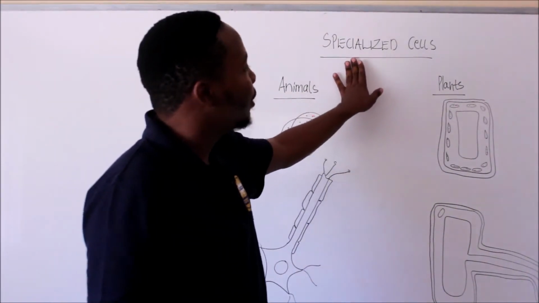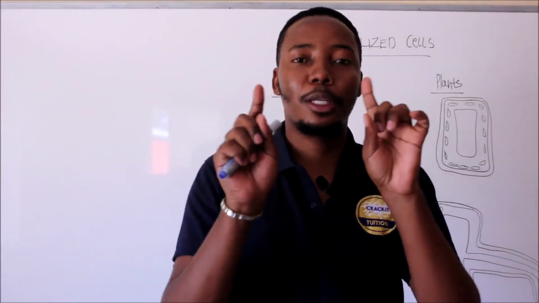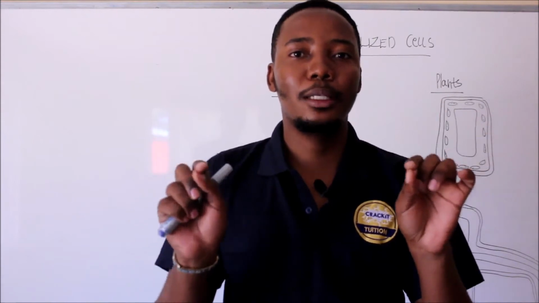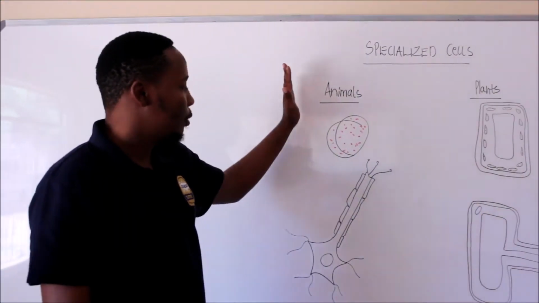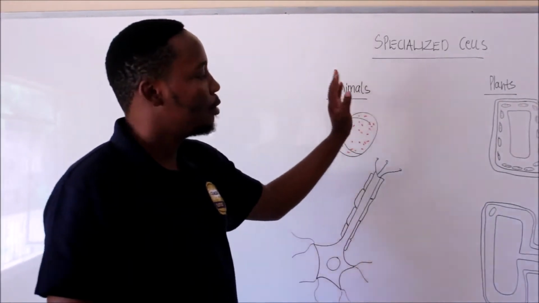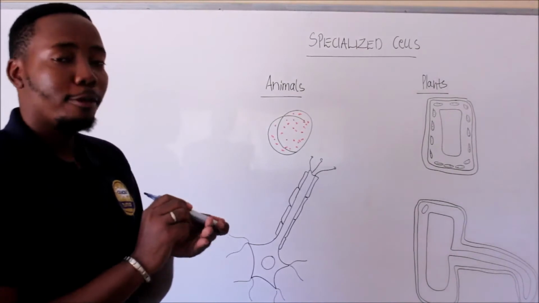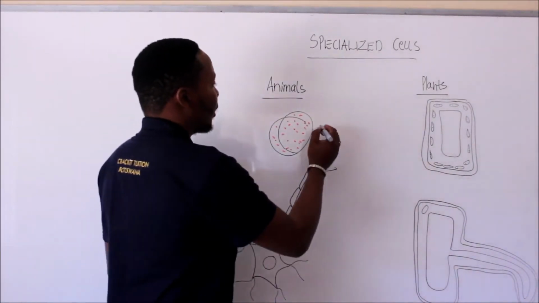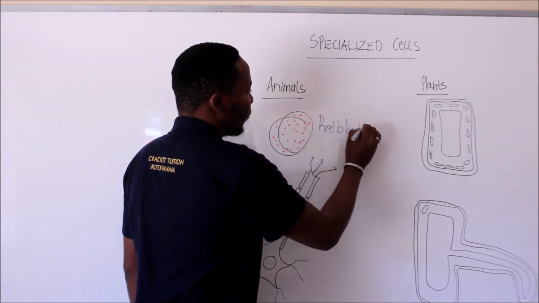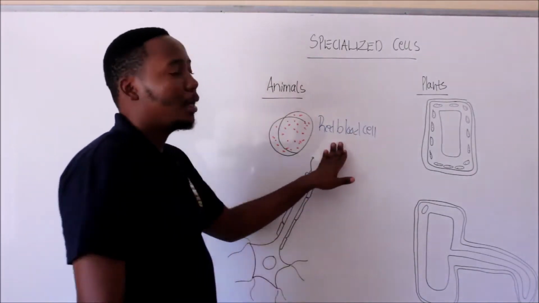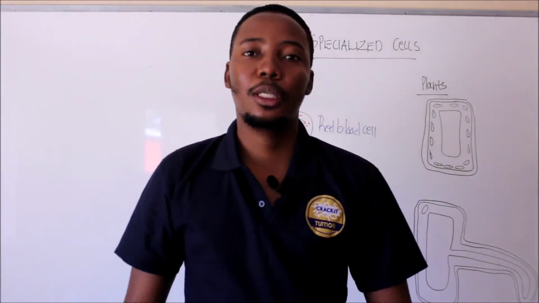In order for them to be specialized, it means they should have special structure, special appearance, and special properties that will enable them to do those different functions. So we have specialized cells for animals, and then we have specialized cells for plants. If you look here, the first specialized cell is what we call a red blood cell. We find a red blood cell in animals, and this cell specializes in the transportation of oxygen